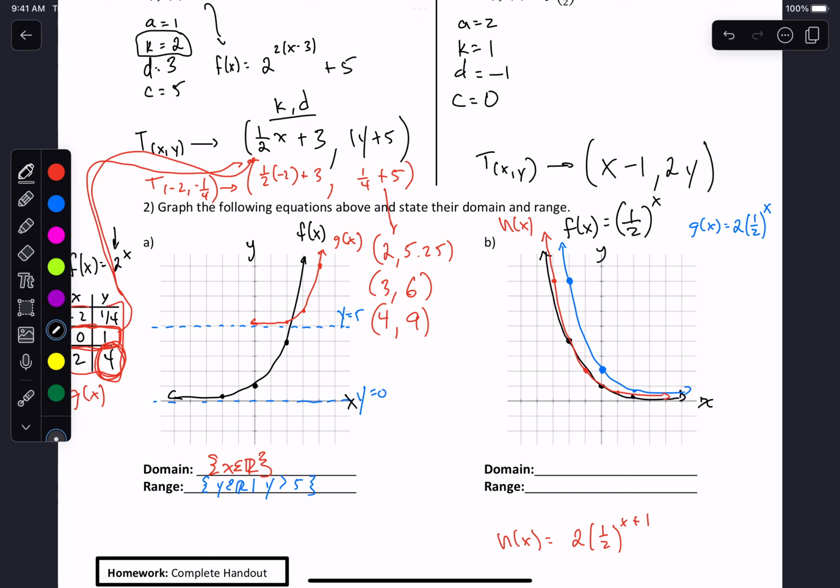Okay, domain, range. Any restrictions on an exponential graph for x's? No, you can input any value of x into an exponential and not have to worry about anything. So that's pretty common for the domain. The domain for an exponential graph is always just going to be x is an element of the real numbers. But the range here is what? Gabe? The range is y is an element of all the real numbers such that y can't